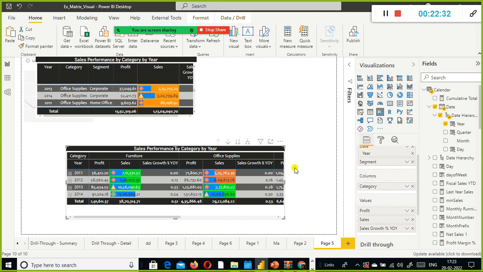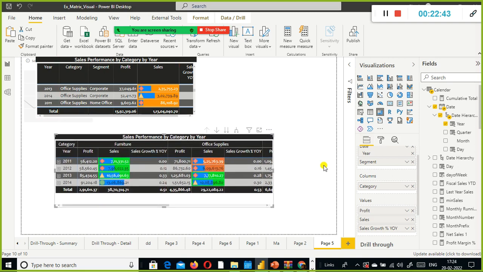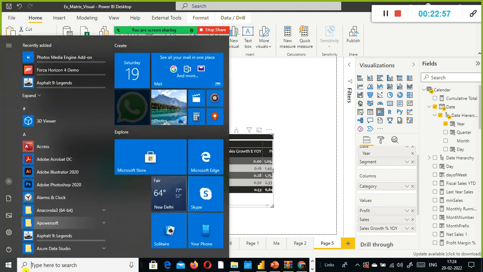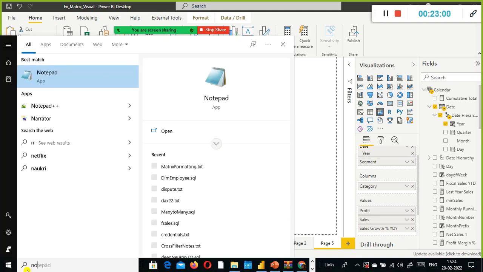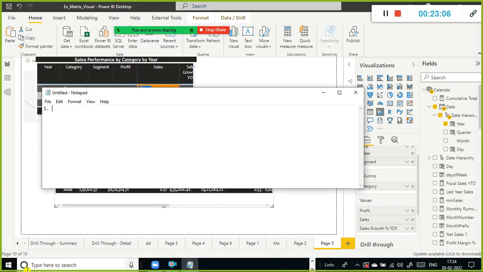And also the matrix helps us to leverage the Power BI's drill down capability. Okay, the key advantage of matrix is you can use multiple variables. Number one. Then number two is it gives you the stepped up feature. So the stepped up feature is possible.